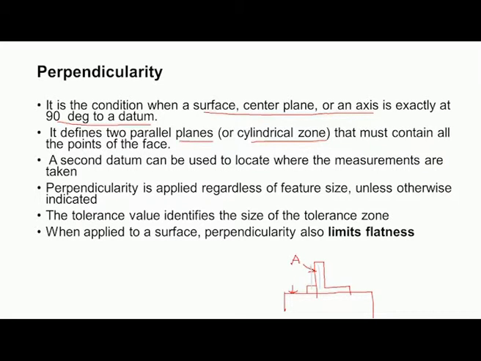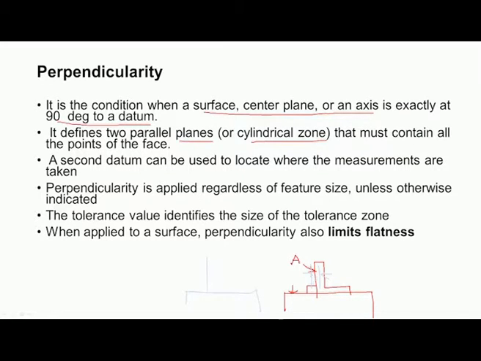If all the points on this particular surface are within these two planes, then we say this surface is perpendicular to the datum surface. And if perpendicularity is applied to an axis, then we have to consider a cylindrical zone. So this is the datum surface,